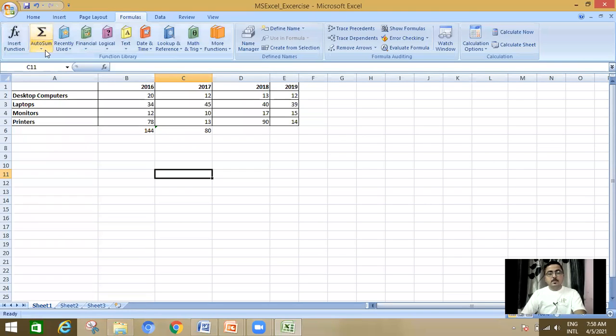In AutoSum, user-friendly functions are available here for laymen who do not know about the financial formulas and so on. If they have to calculate a simple plus, minus, multiplication, then they can use the AutoSum.